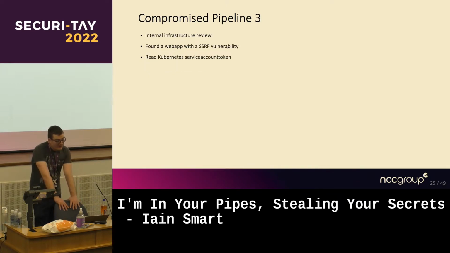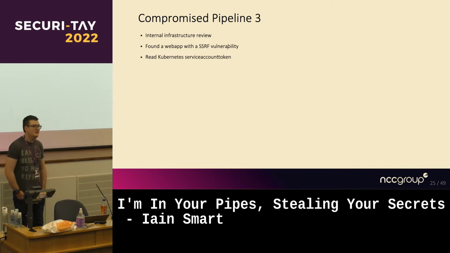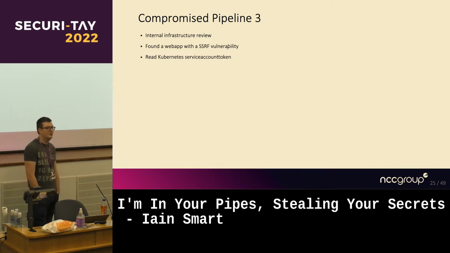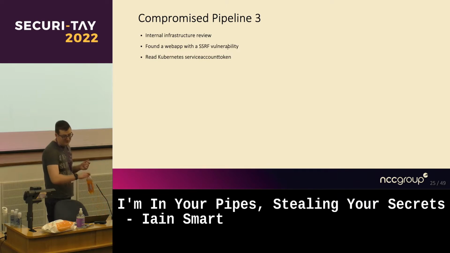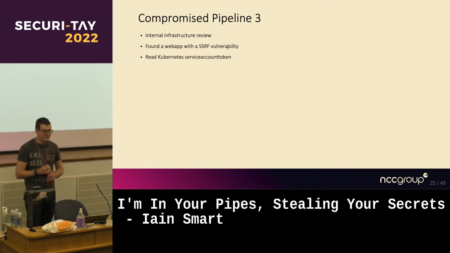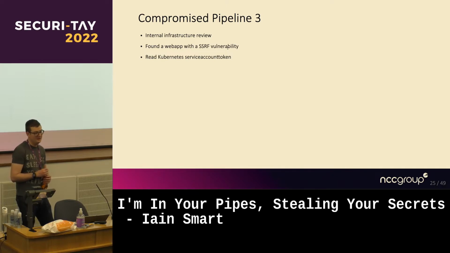The next one was a bit more complicated. So the previous two have basically been, we've got access to a Git repo that the config's in, so we can make changes. And as I said earlier, what you're feeding in gets executed, so that's kind of expected behavior. The third one was a bit more interesting because we found an app being tested, and it was deploying to this test environment in the middle of the pipeline that was vulnerable to server-side request forgery. So we were able to, in fact, it was a local file read as well. So we were able to read arbitrary files on the worker.